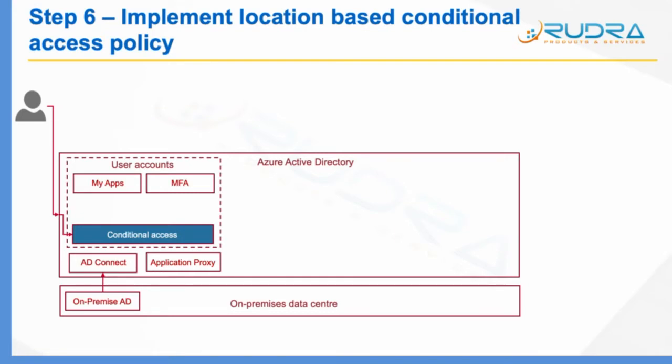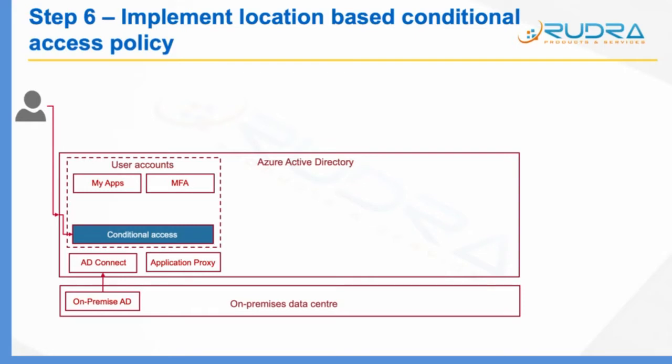Before we start this, I want you to remember one very important point. Conditional access policy is not a first line of defense. First line of defense is user authenticating with Azure Active Directory. Once that is passed successfully, then Azure Active Directory will identify all the conditional based access policies applied to the user, evaluate them, and if the outcome of any conditional access policy is blocking access to the user, then user will be presented with access denied page.